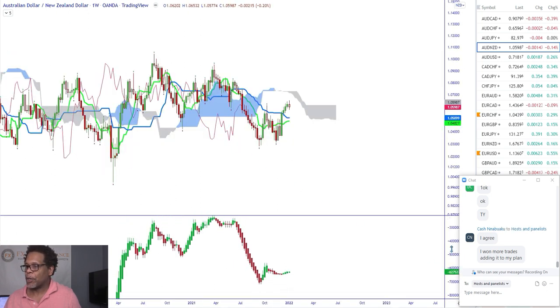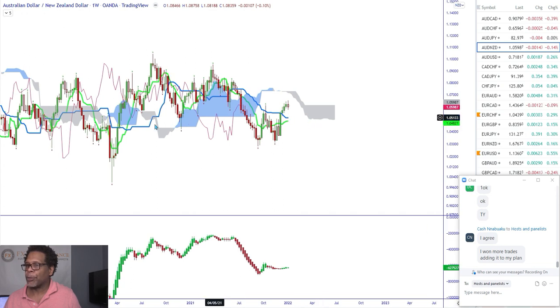Starting off on the weekly so we can get the bias of the market, the bigger picture, but it looks a little bit flat because you could see the cloud here is super flat, and we kind of reached the top, but now your TK crossover is bearish. All right, so your futures, you got gray skies, so it's a down day, and I think we're finding a top here.